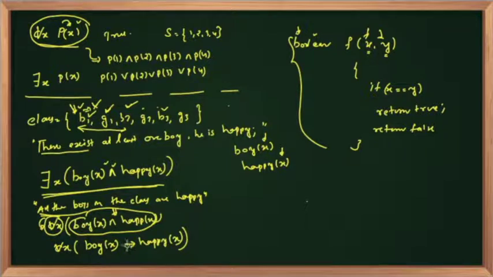Okay, so remember this, whenever you have for all x, then the property here, happy, will be connected by implication. Okay, and whenever you have there exists an x, then this property will be connected with and. Also note that, for example, there exists a boy, he is happy, can be written as there exists an x, boy of x and happy of x,